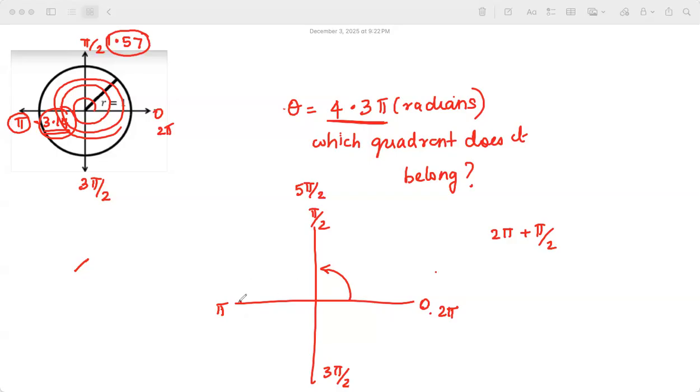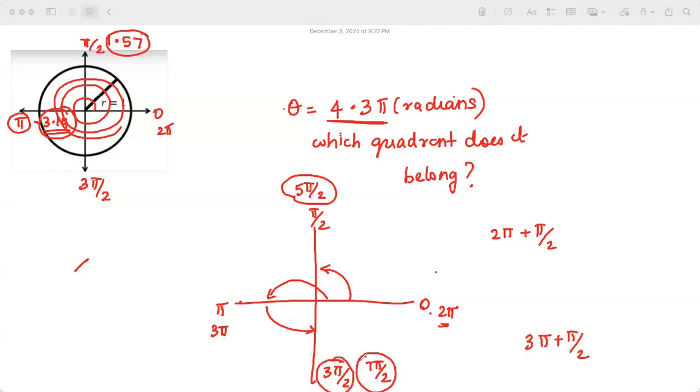Similarly, come back again. Basically, from 2 pi, I'm adding another pi here. So that will become 3 pi. Now, to 3 pi, if I add pi by 2, what will it become? 7 pi by 2. So this terminal ray stands for this angle. Similarly, to 7 pi by 2, if I again add another pi by 2, it's going to be 8 pi by 2, or I can call it 4 pi.